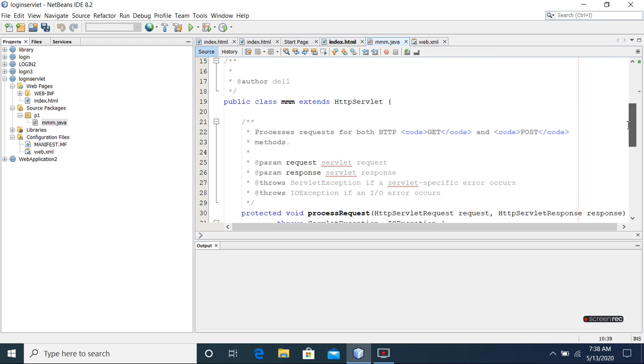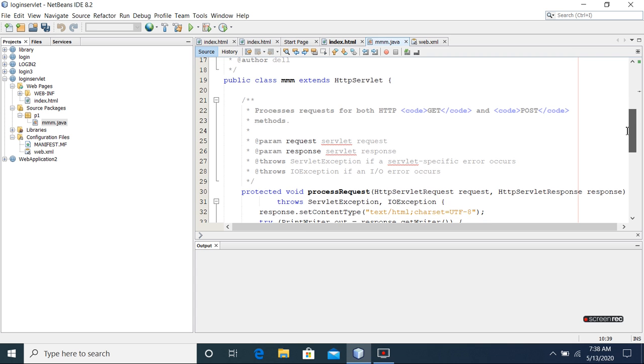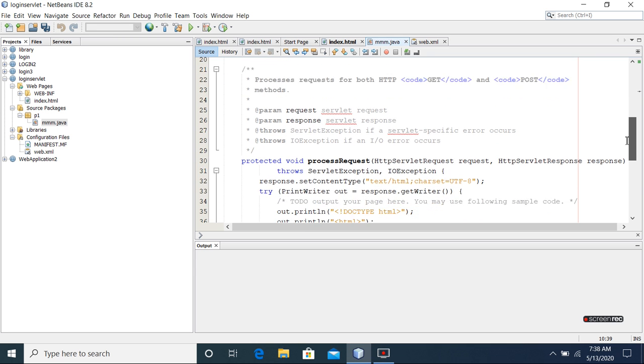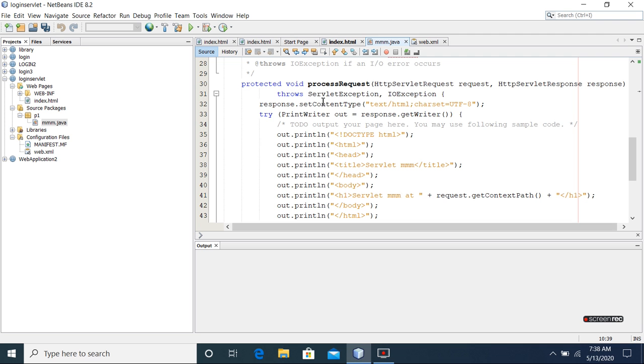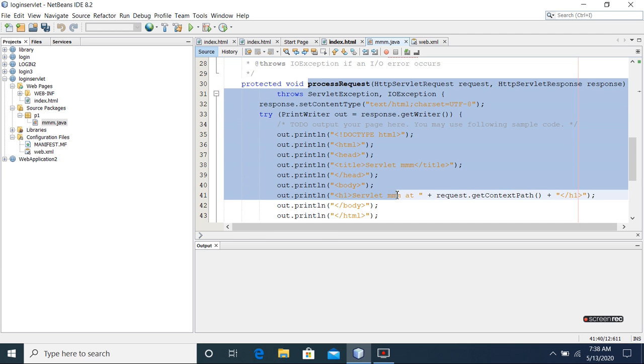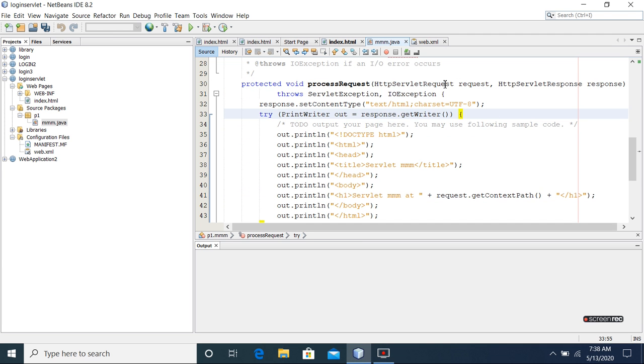Class name extends HttpServlet. A servlet consists of the init method, service method and the destroy method. So this processRequest is nothing but the service method of the servlet which will process the user request. We can see here there are two interfaces of the HttpServlet, the request interface and the response interface. Using the methods of these interfaces, we will handle the client request. Just like that, we can use the method of the request interface, HttpServletRequest, that is request.getParameter, for reading the parameters from the user from the HTML file.